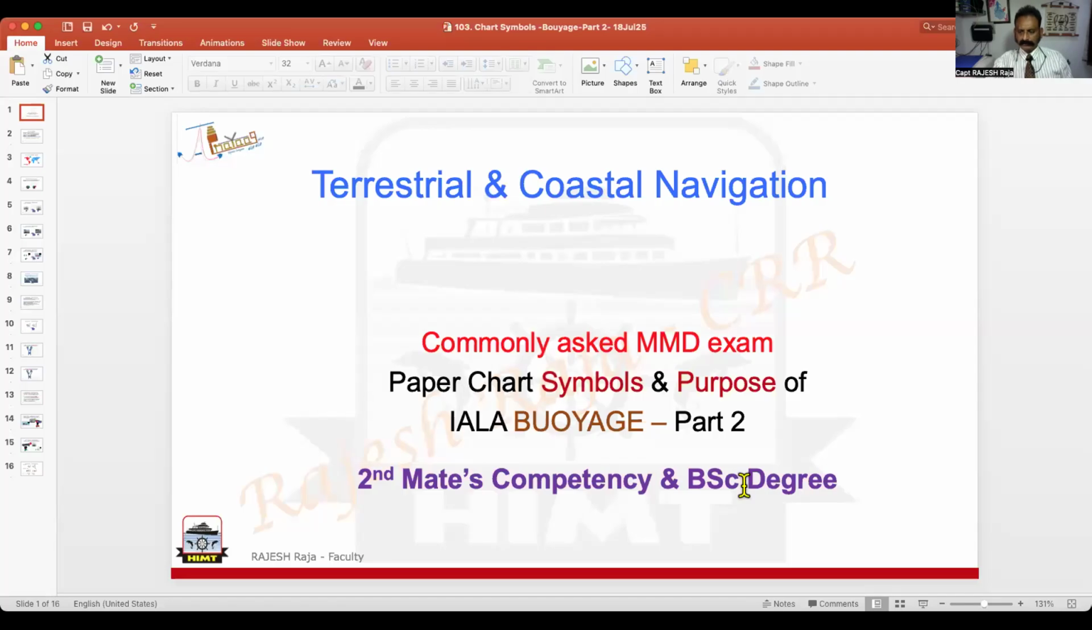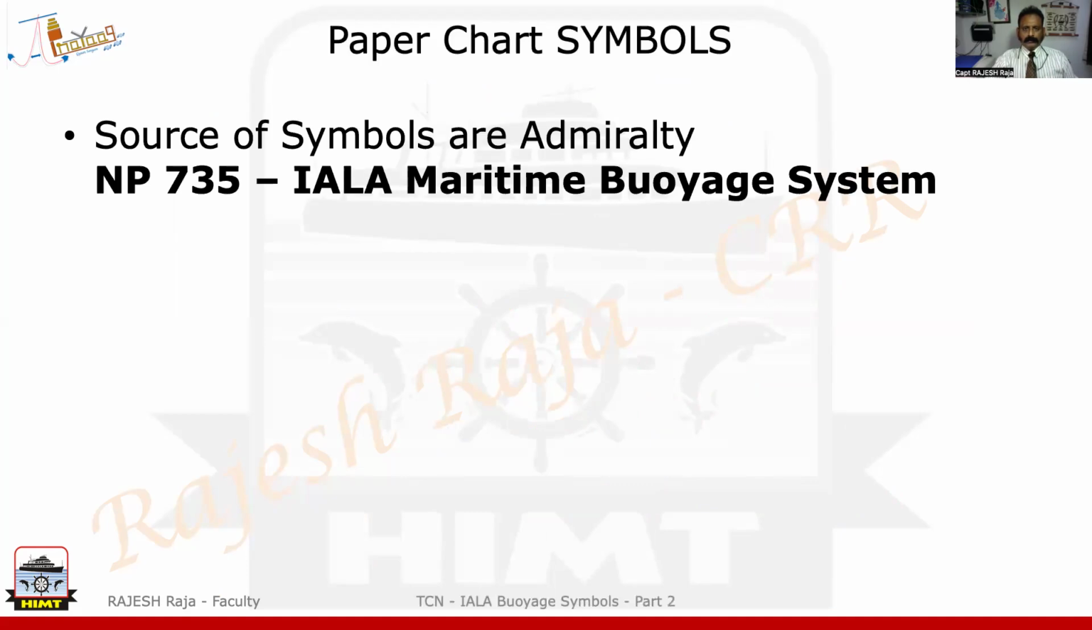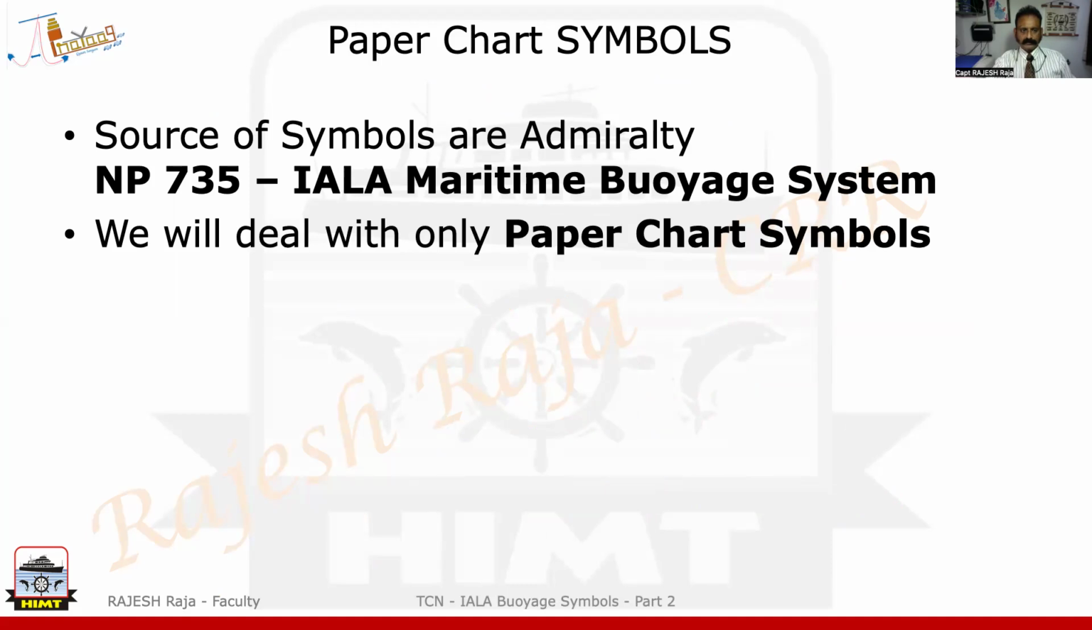Today I'm going to continue on the same topic where I had done one of the Buoyage in the last class, last video. So let us start off the next set of symbols and descriptions, and let us see how they look also. So I'm calling it part two, and I'm continuing on your Buoyage symbols. I'm still going for paper chart symbols. So my main reference is MP735,